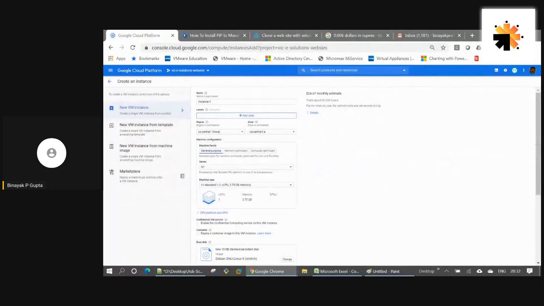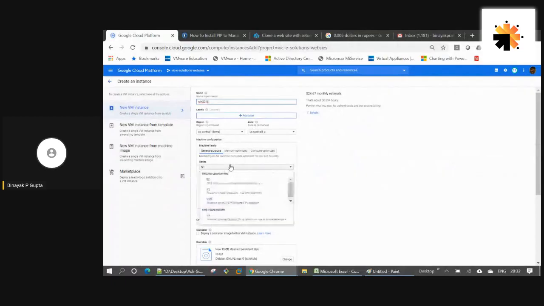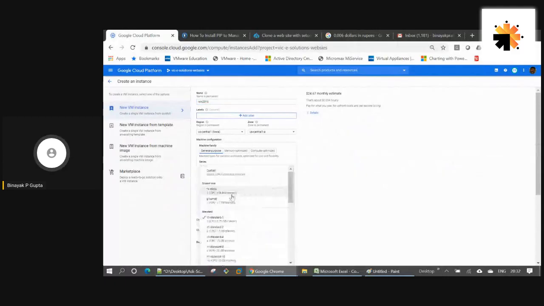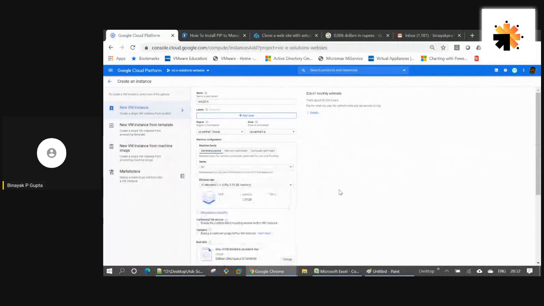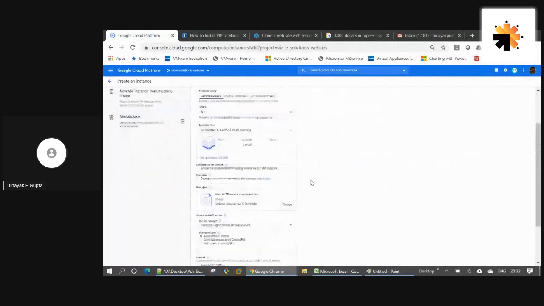Okay, here we go. So we have to spin up a Windows machine. Let's say I'll spin up Win 2016, and let's take 3.75 because Windows is not obviously going to work in your F1 micro with 600-something MB of RAM. That is too little for Windows to work. So click on change